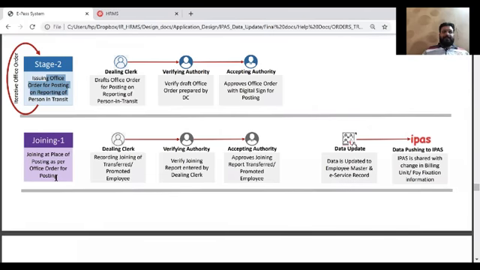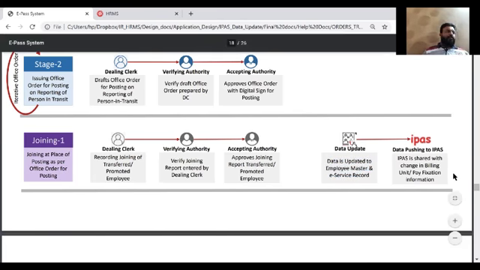We'll move to the next stage, the joining stage. At the joining stage for all office orders, we are going to capture the execution of the office order. We'll take it to the level 3 DCVNA, and in the end, we are going to update the employee master and ESR tab for the employee. The same information is passed on to IPAS. So this is all for promotion and transfer office order. We'll move to the next office order.